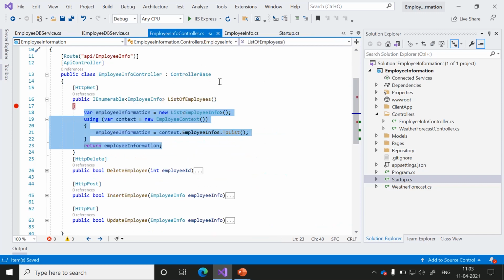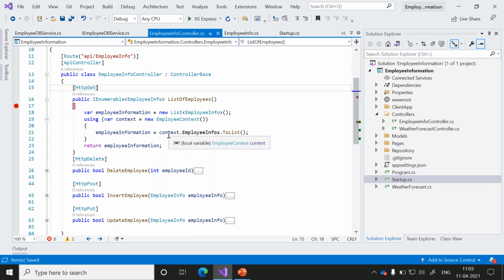Next, come back to our employee information controller. Injection of the services into the constructor of the class where it is used. This framework takes care of the responsibility of creating an instance of the dependency and disposing of it when it's no longer required.